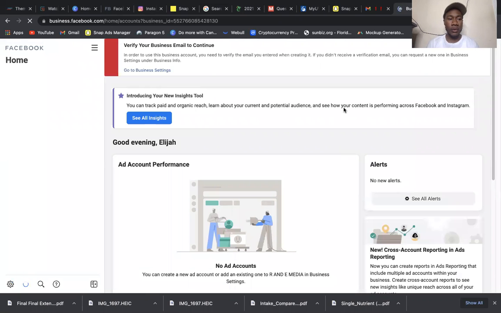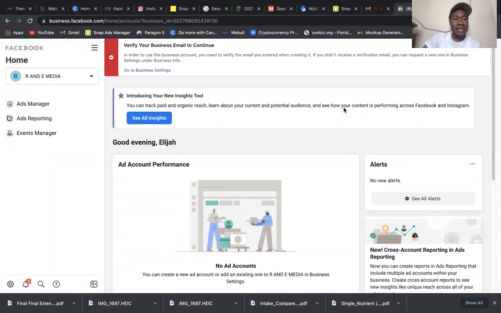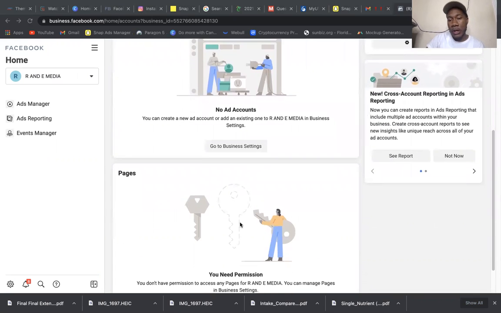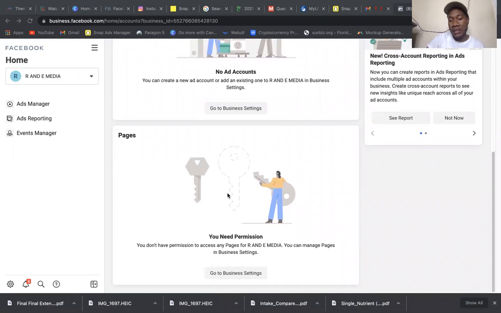Let me just let the business manager home load real quick. That one didn't go to anything because I've never run ads on that page. In fact, I've actually deleted that page. But what you're able to do is see all your insights on ads, your ad account performance, and alerts. All that will be on your business manager home pages, as well as your pages and things like that.